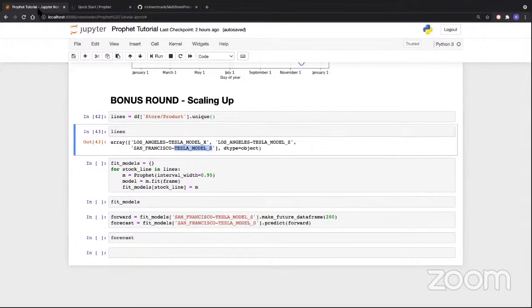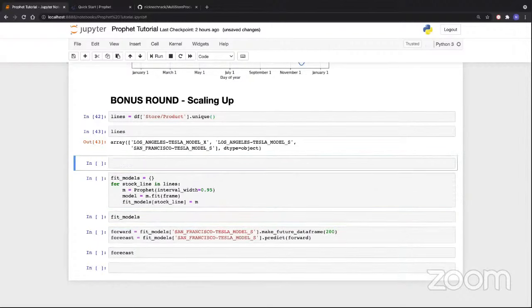Okay, what are we up to now? So the last thing that we want to go ahead and do is, we were doing this for multiple products. Now, let me explain what's actually happening here. We're just looping through all of our different products. So if I show you this,